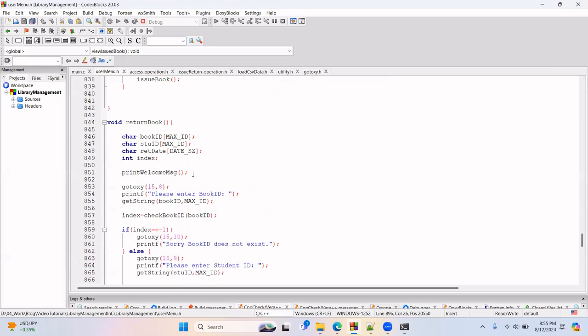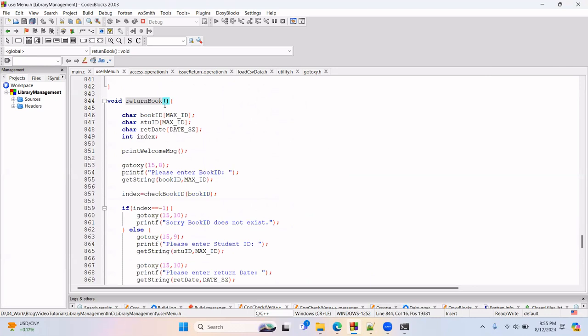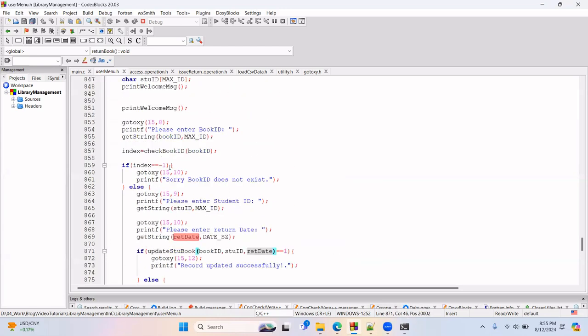And similarly for return books. When the user returns a book, we do not delete data from the file. We simply update the return date. This is done here. With the help of the update student book function, we simply get the return date from the user, and that return date is updated in the file. And similarly for